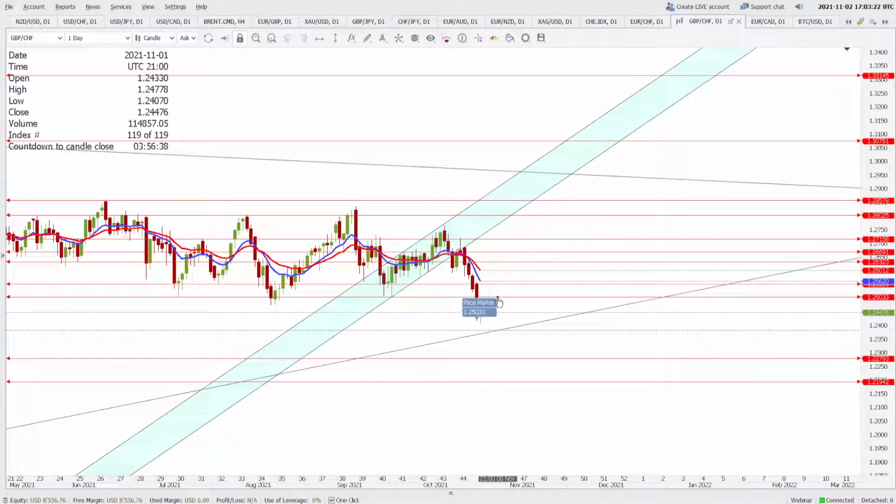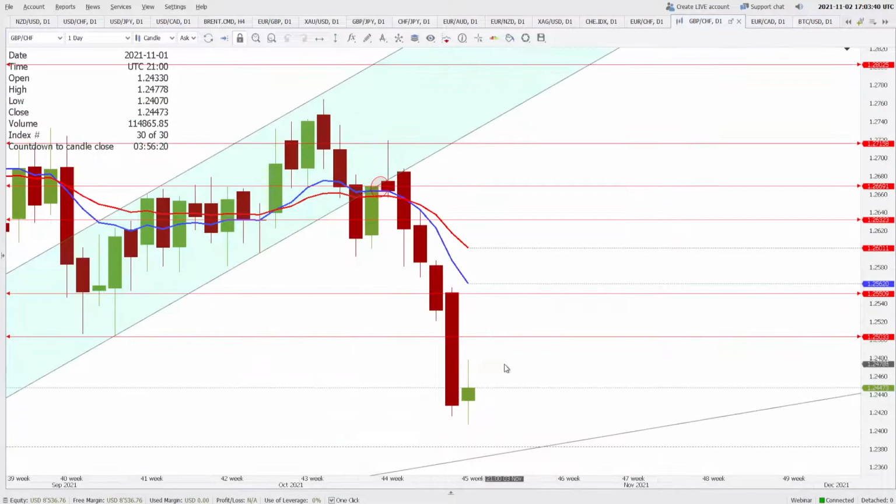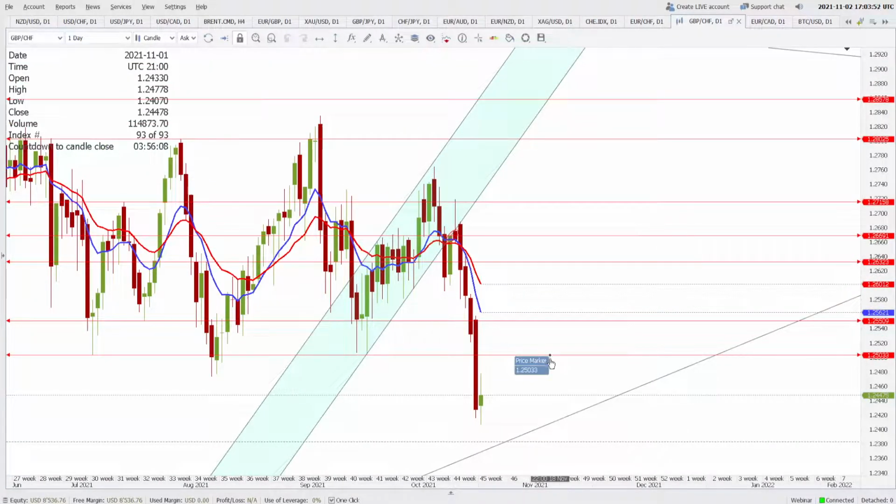If the price is able to somehow go to the 1.2503 area, we'll see how it behaves there. Does it act as a resistance? If it does, and gives us a bearish engulfing or bearish pin bar at this resistance, we will be looking for a selling opportunity to sell the GBP against the Swiss franc. You remember the 10 and 20 period moving averages act as a magnet, and if they attract the price to this area, then this can be a good opportunity around 1.2500, and 1.2550 may be a very good area